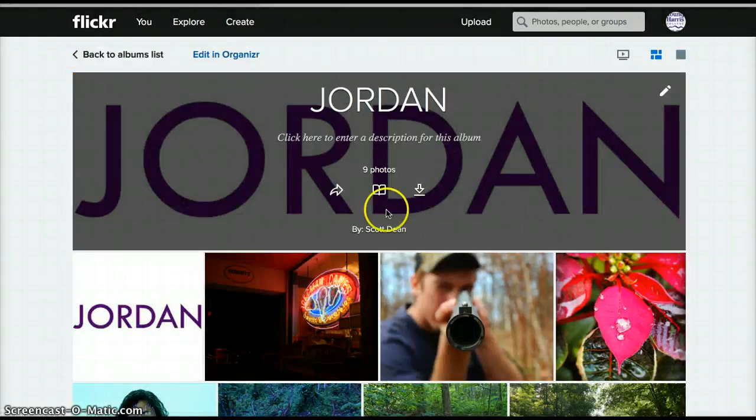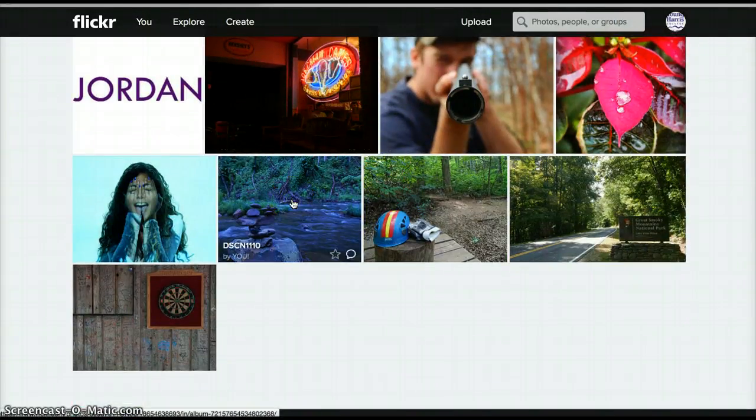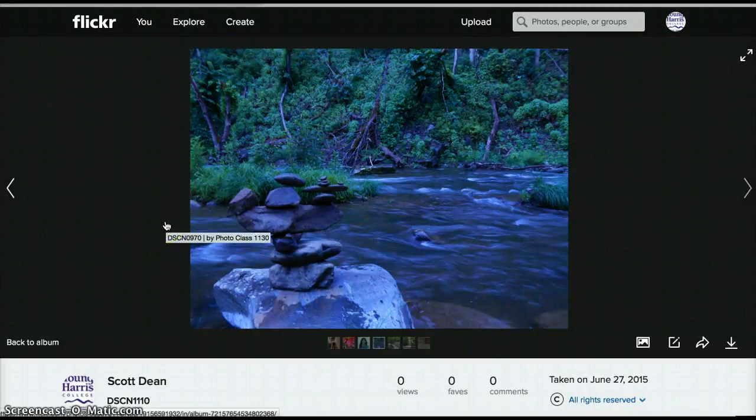Okay, so we'll look at Jordan's. I can see you uploaded the ones from the assignment before, and then these are the ones for fill the frame and the rule of thirds. So good job with this one. Of course, that's on the thirds there. I also really like how you can see the motion in the water, and this week we'll talk about motion and how to obtain that